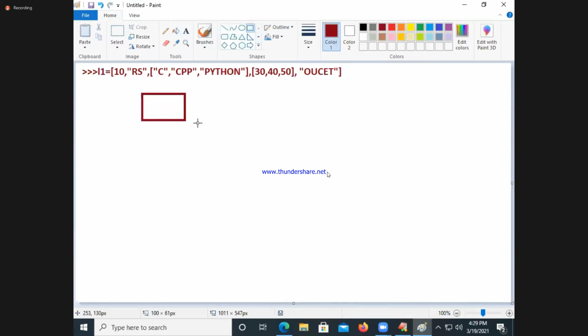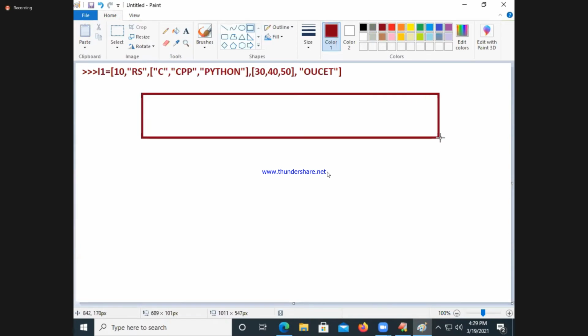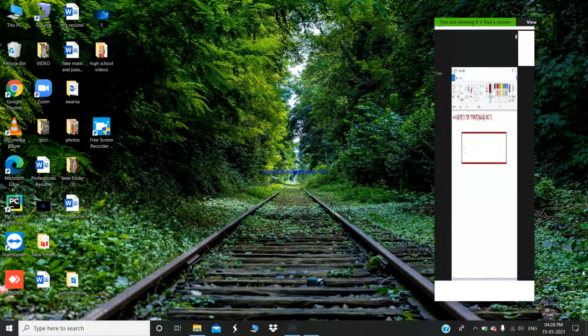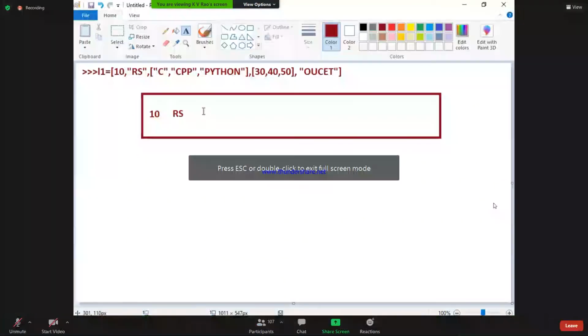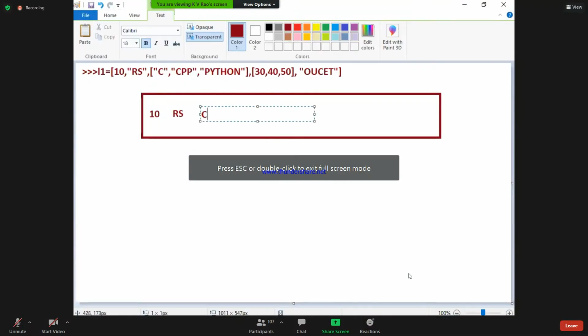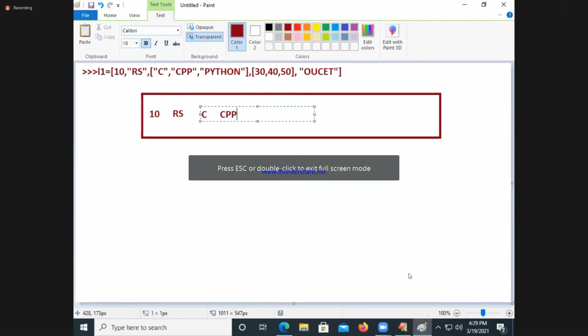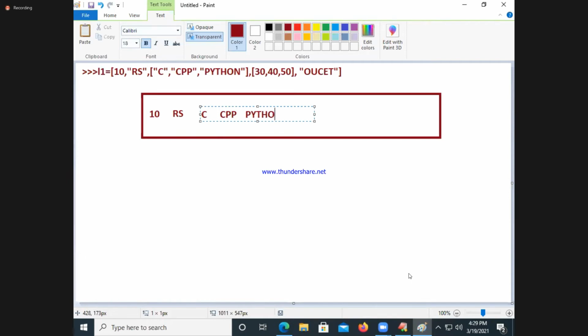So what is the diagrammatic representation here? Just watch it. First I take what? The element 10. Next is RS. And next, the elements, something like C, CPP, Python.